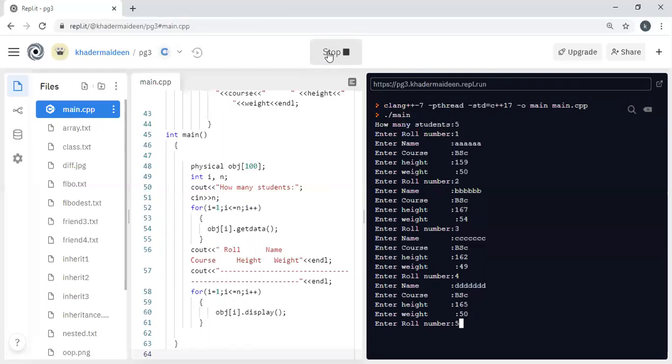Roll number 5, course is BSA, and height is given.